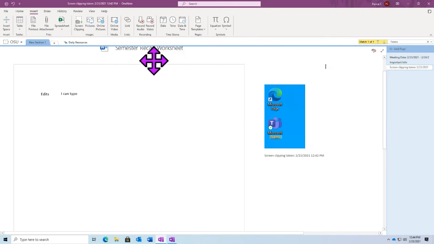All right, so continuing across here, we do have the option to record video and record audio. And what's nice about each of these features is as we go through adding information to our page, whether that is handwriting or typing, it will automatically add a timestamp for our recording as we're writing. So if we're writing down notes in class or meeting notes about a presentation, anything like that, and we have a recording going, we will have audio segments connected to the exact point that we were writing.